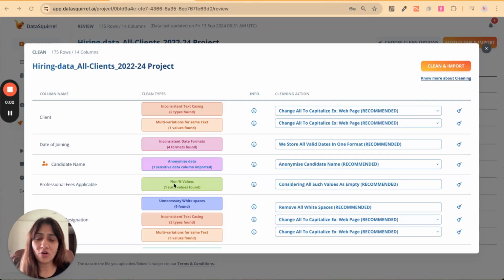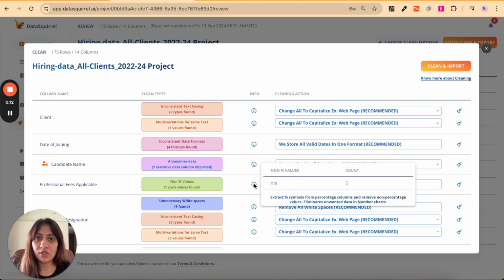Next, let's look at non-percentage values. DataSquirrel detects percentage columns and removes any non-percentage values, just like you can see here. Example, imagine you have a column where most values are percentages, but some are entered as text or even contain junk values. When you clean the data set, DataSquirrel removes the percentage symbol, adds it to the column header, and